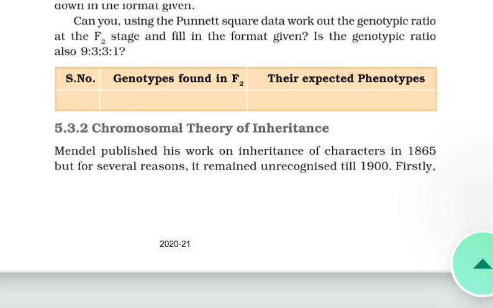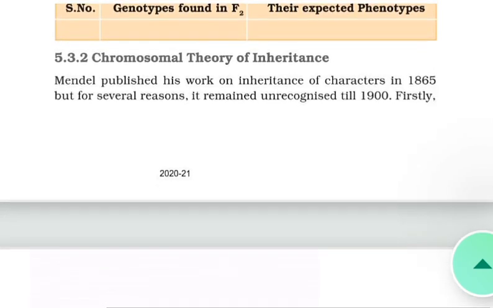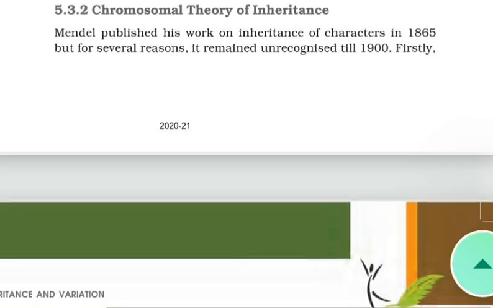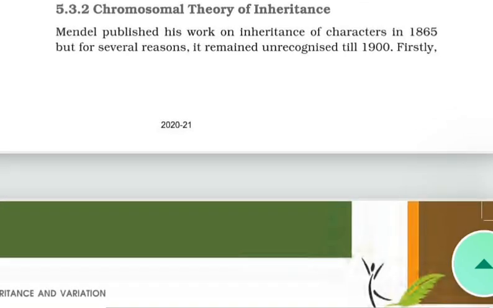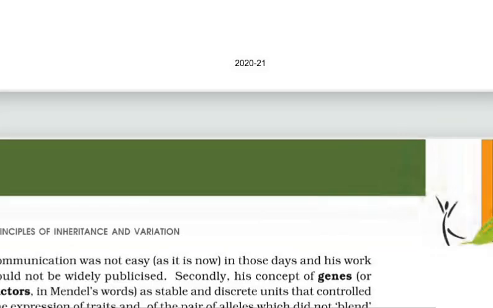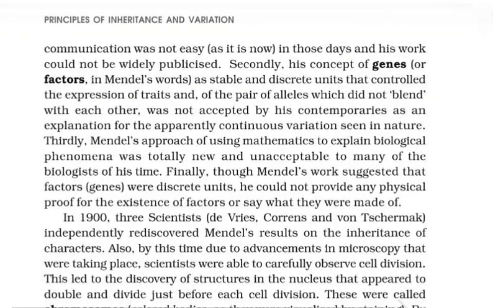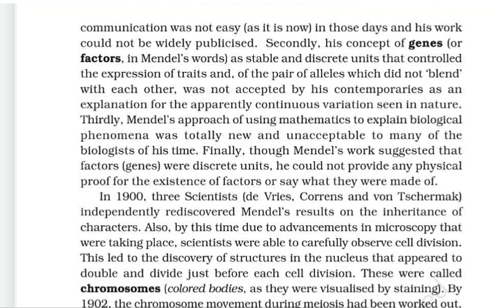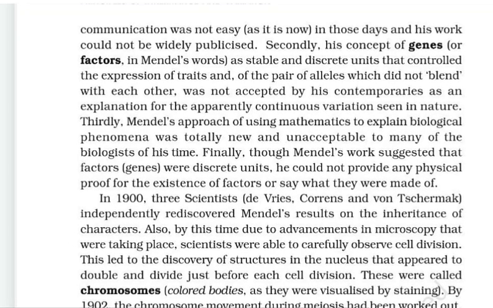ठीक है, consider the segregation of one pair of genes, capital R and small r. 50% of the gametes have the gene capital R and the other 50% have small r. Now besides each gamete having either capital R or small r, it should also have the allele capital Y or small y. The important thing to remember here is that segregation of 50% capital R and 50% small r is independent from the segregation of 50% capital Y and 50% small y.